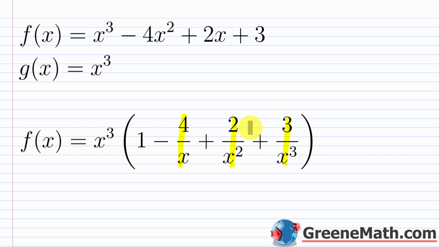So basically this guy is going to approach 1 on the inside of the parentheses. It won't be exactly 1, but it's going to get really, really close to 1. And so that would be multiplied by x cubed. So it's going to be really, really close to x cubed. So this guy and this guy will be really, really close in value as x approaches positive infinity or as